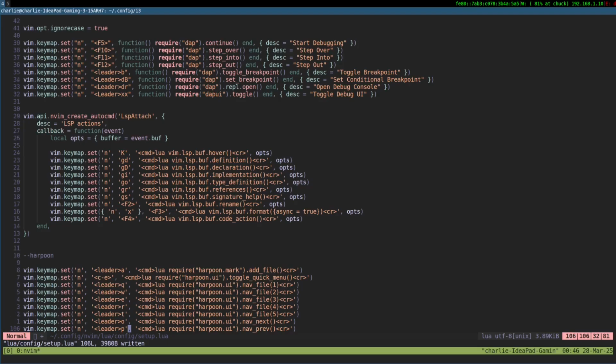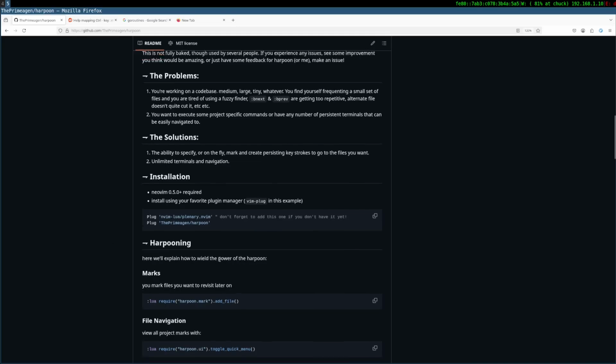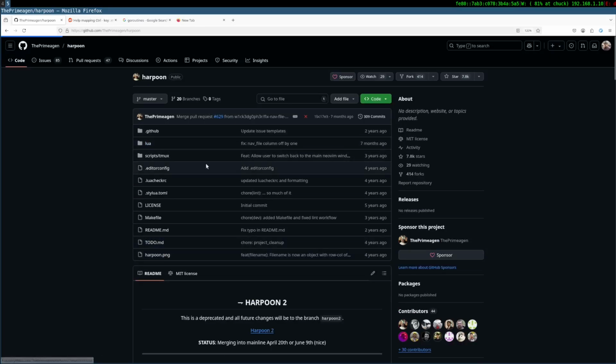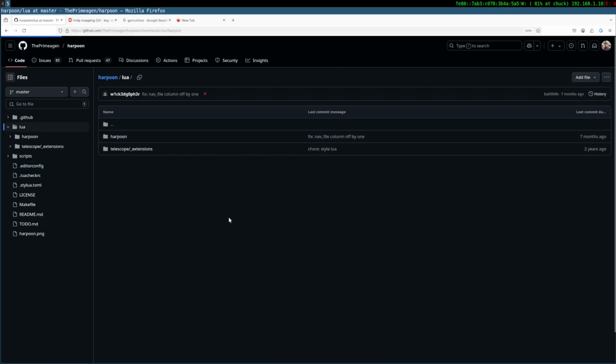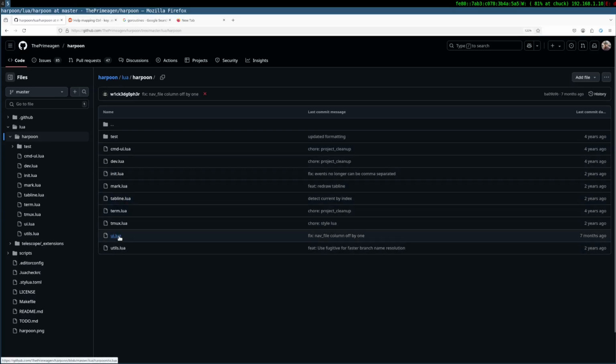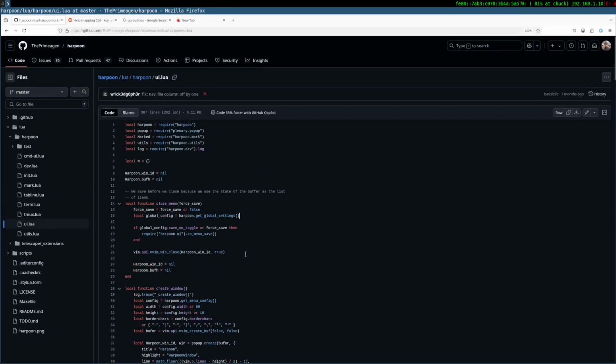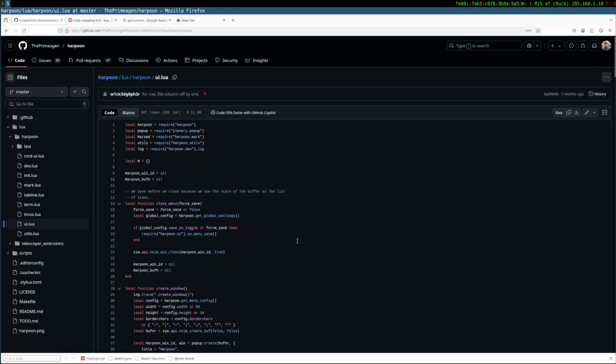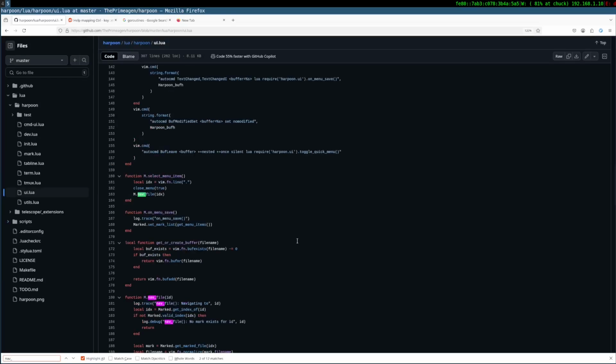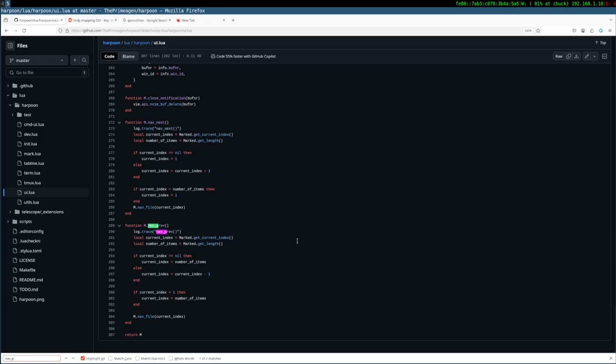Do I have the privilege to see the code base? Yes. And nav P, Lua, Harpoon, UI.lua, and I'm searching for a function called nav prev. Okay. Get current marked length current.